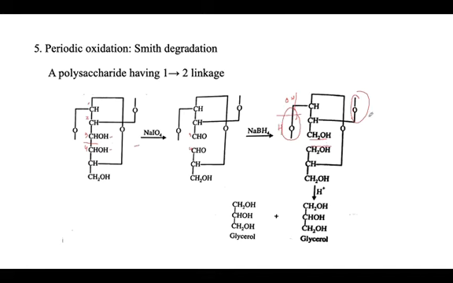Similarly, this will be converted into an... and we will see that the ring, this pyranose bond, that is the bond between this oxygen cyclic ether bond, will also be cleaved, and we will get a hydrolyzed product. So when the molecule cleaves, it will cleave in this way that we will have CH2OH, CHOH,